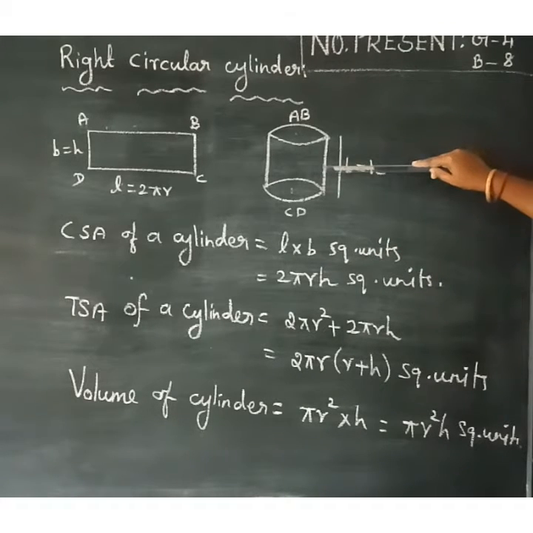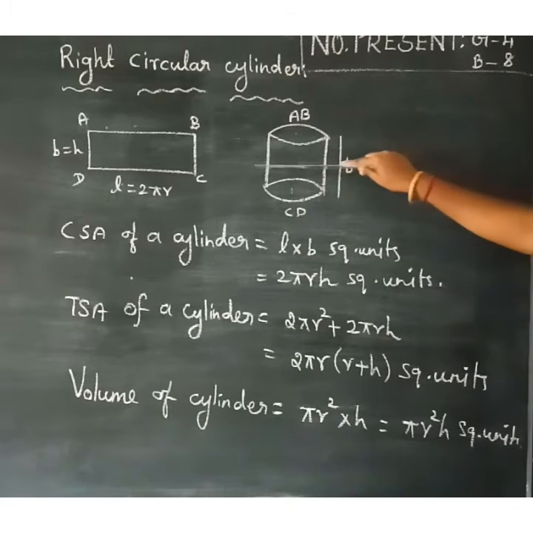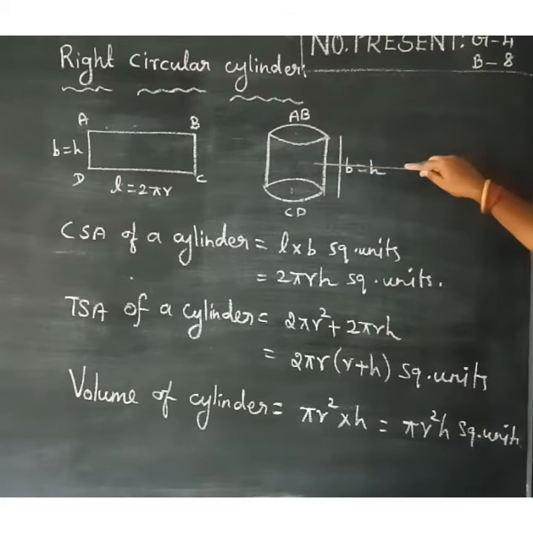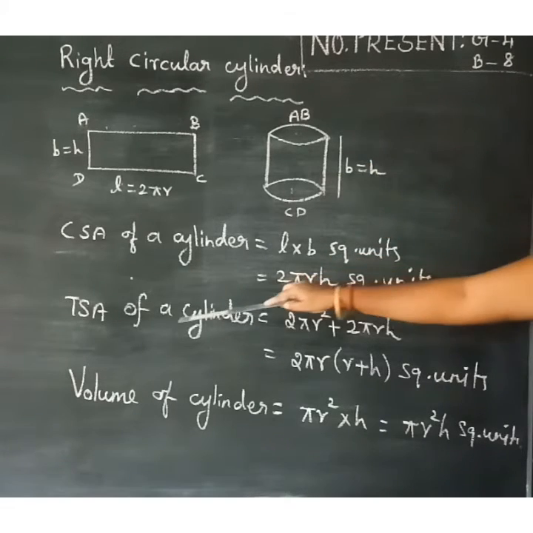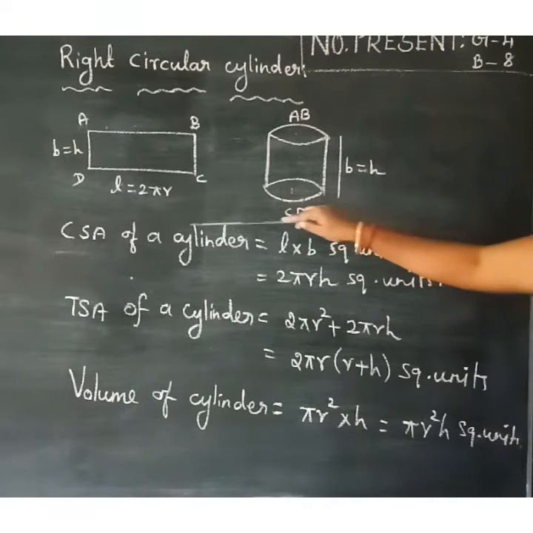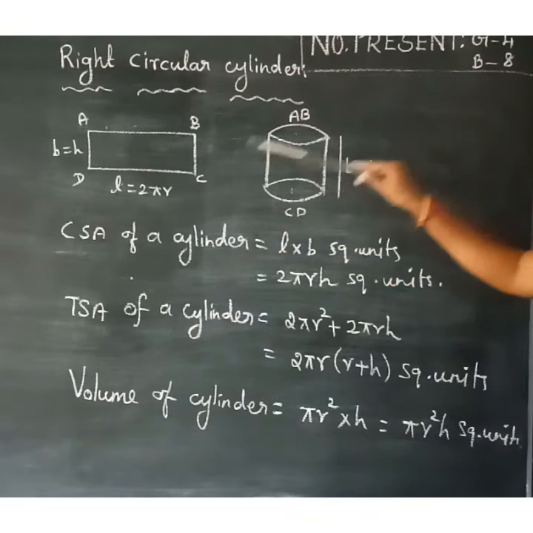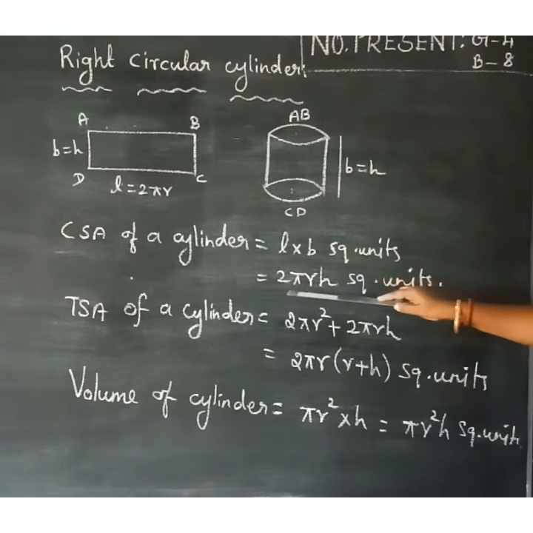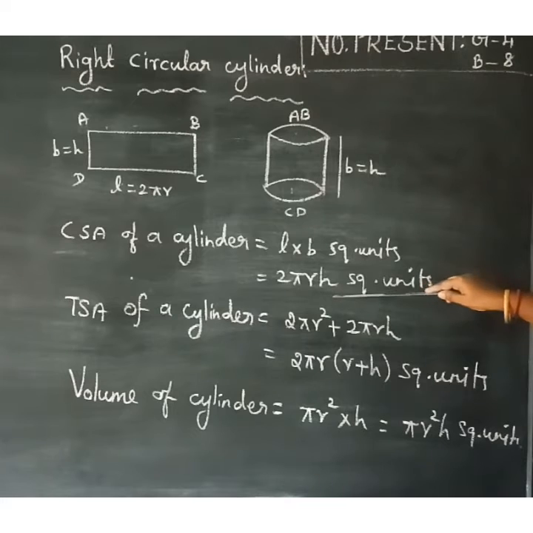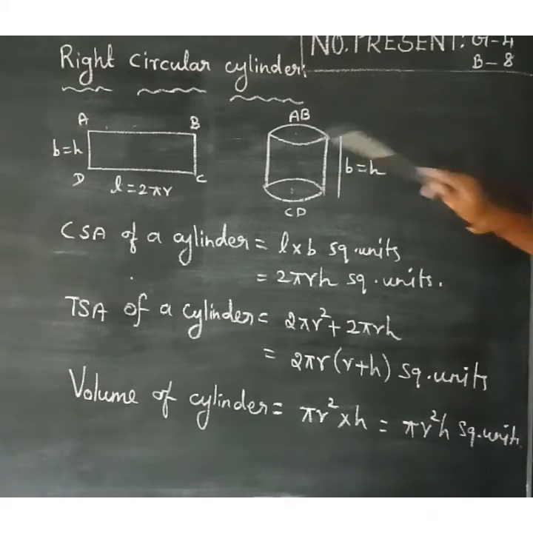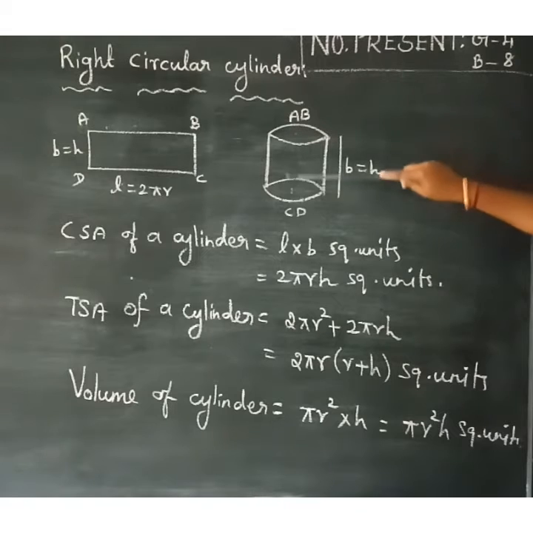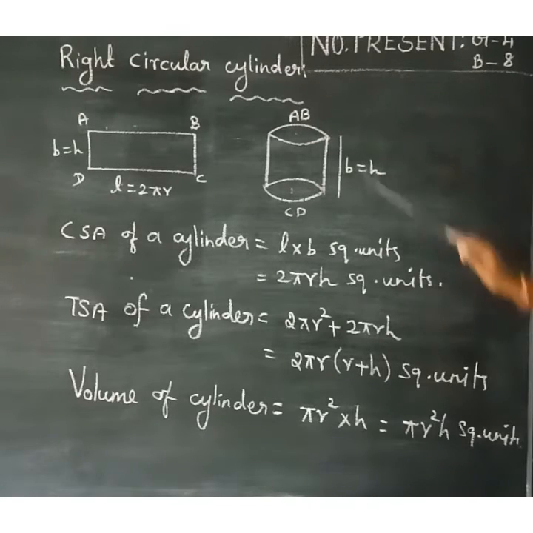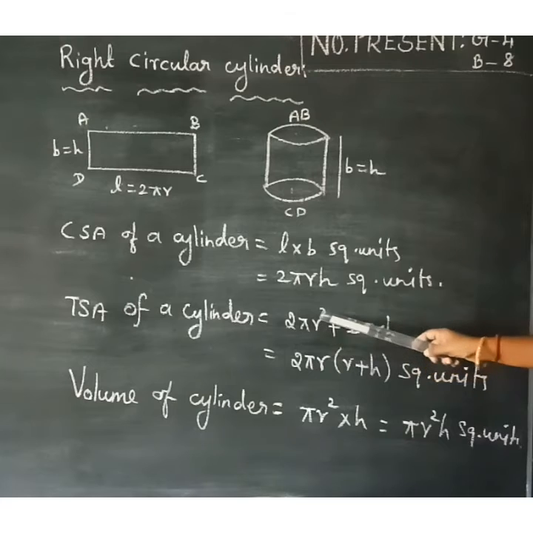What we have done here is, for curved surface area of a cylinder, leaving out the top and bottom portion, we find the curved surface area only for the remaining part. Total surface area of a cylinder means we add the top and bottom portion to the curved surface area of a cylinder. Curved surface area of a cylinder is 2 pi rh. Okay? With this, what did we do? We found the area of top and bottom. Here is pi r square, here is also pi r square. Totally 2 pi r square plus curved surface area of a cylinder.